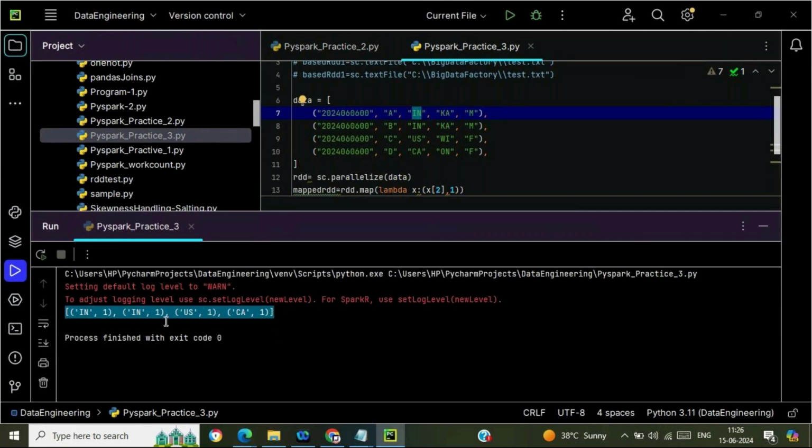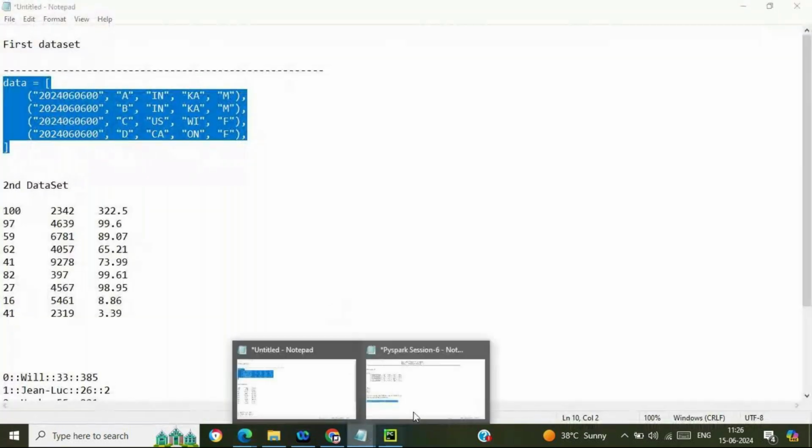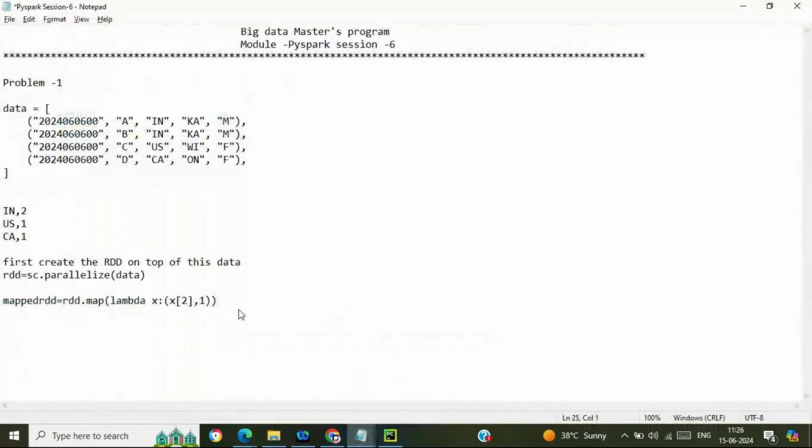If we have data in key and value pairs, then we can apply the reduceByKey transformation in order to get the count. So let's proceed to apply reduceByKey on the mapped RDD, with lambda x, y: x plus y.